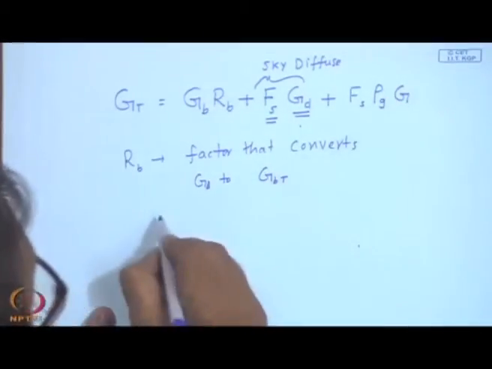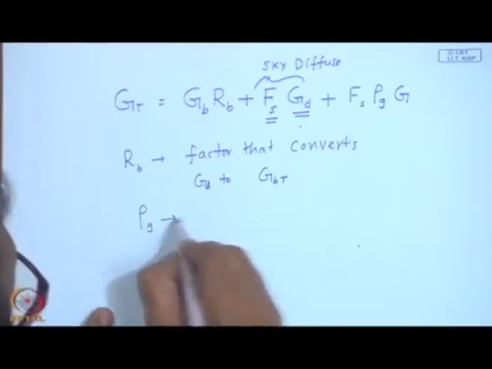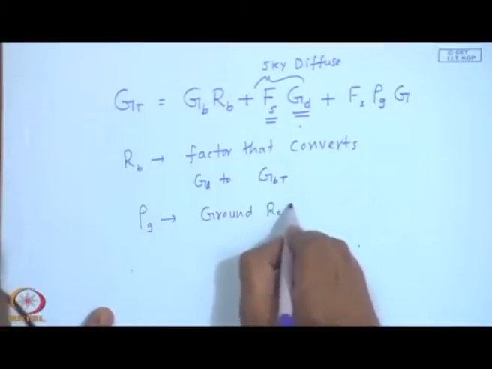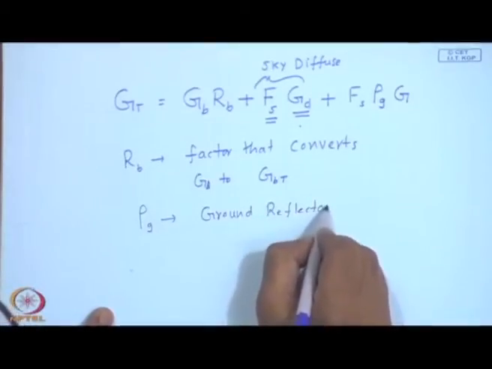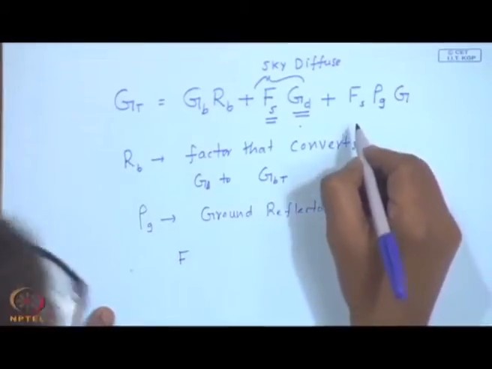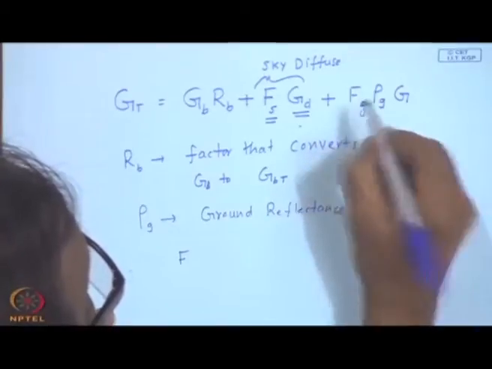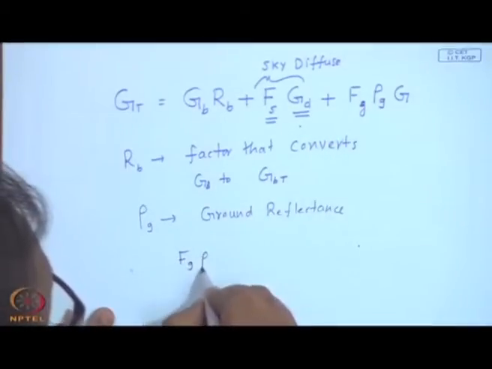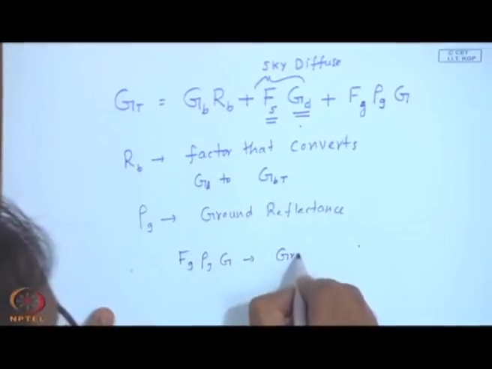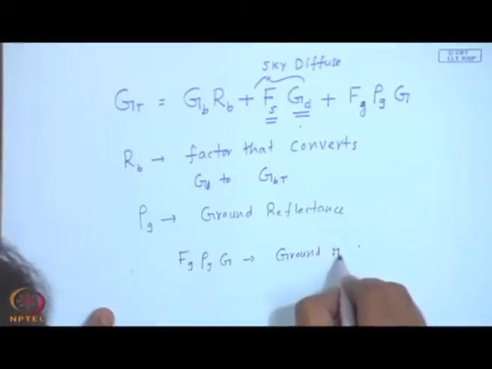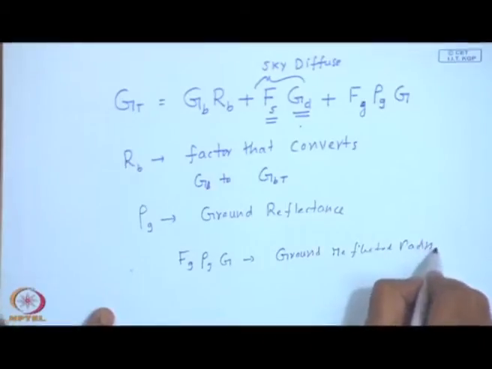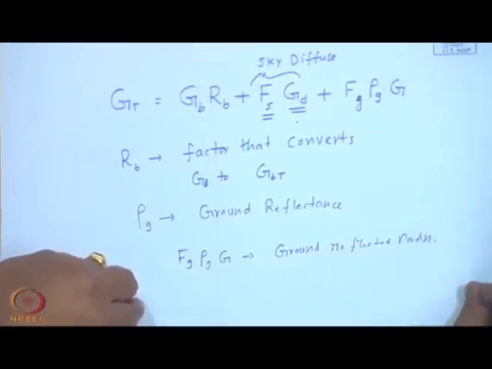And rho g, ground reflectance, so this f s fraction, this should be f g, sorry, f g rho g G is the ground reflected radiation. Now, to make you appreciate,